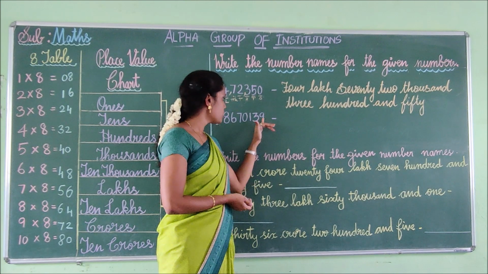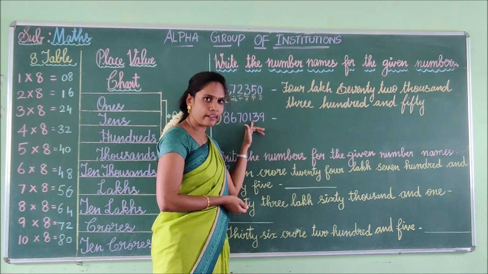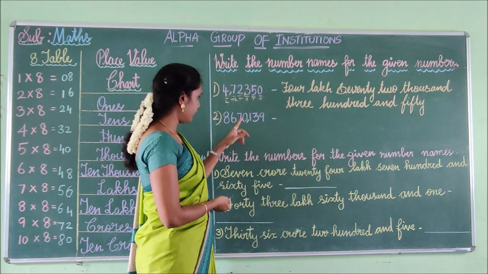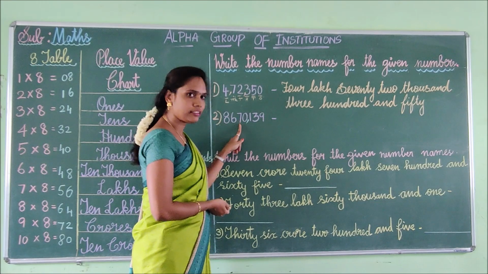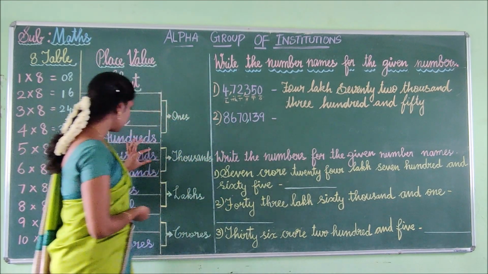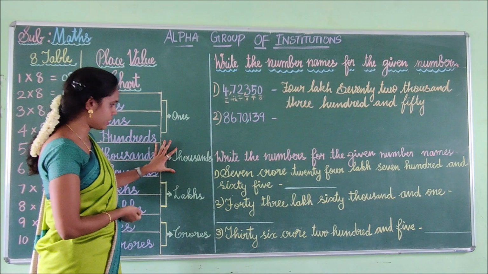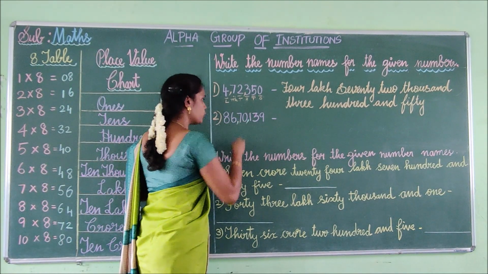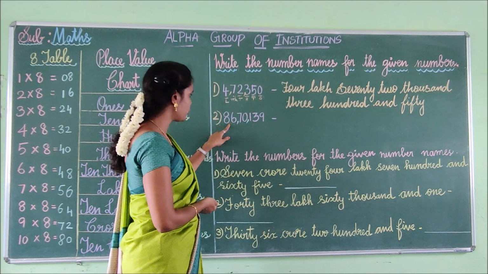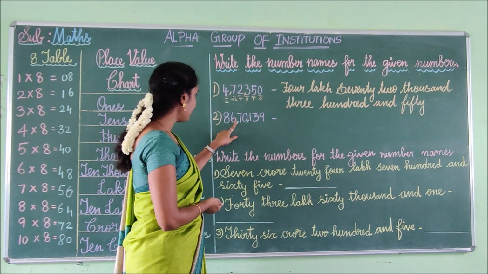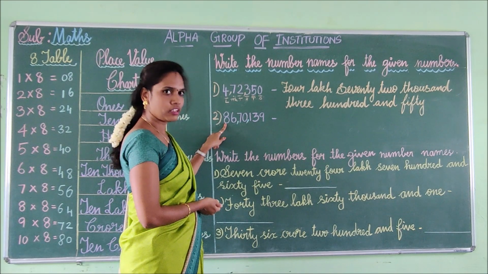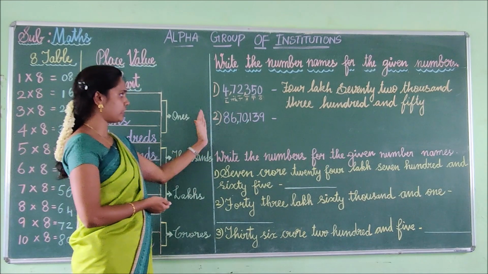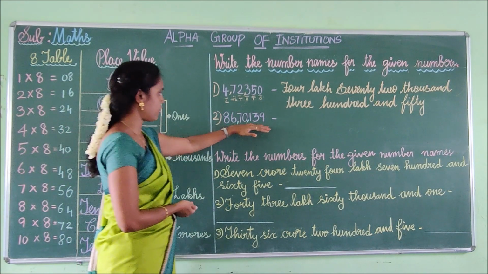Understand, children? So ones, tens, 100. So before 100 you have to put a comma. Next 1,000, 10,000. So here 1,000 and 10,000 comes under the thousands place. So you have to put a comma before two numbers, and then you have two numbers that come under lakhs and 10 lakhs. So we have stopped up to here. So we have split the numbers.